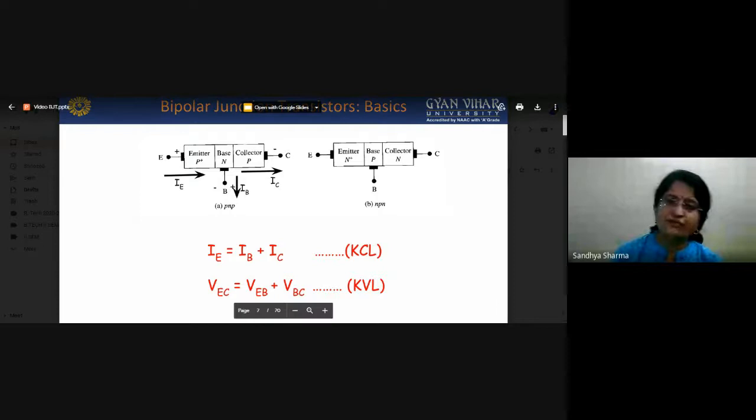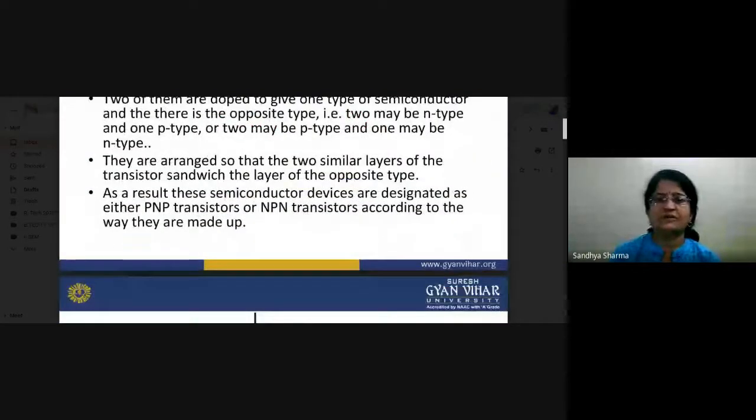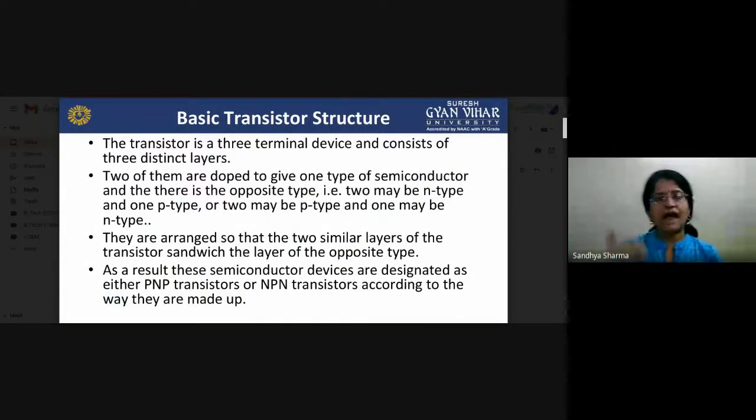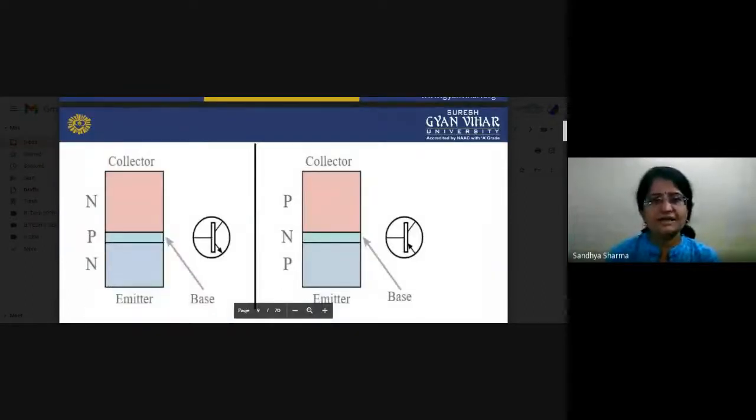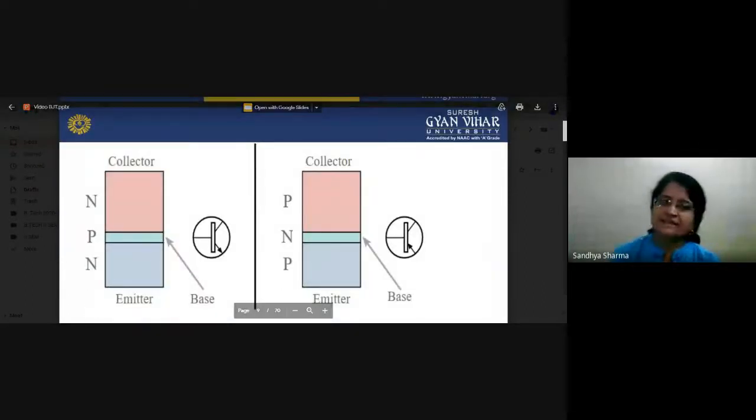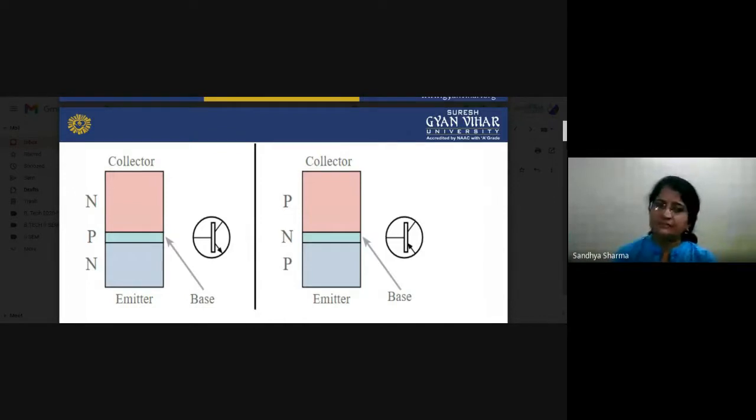Now we will see the basic construction features of our transistor. All the things we have to discuss are basically the layers. You can again see in this diagram there is an emitter, base and collector. Now what will happen? The emitter is of medium size. If you are talking about the base, it is very thin. And what about the collector? It has a very wide length. So why are we changing the lengths this way? There are certain reasons behind this.